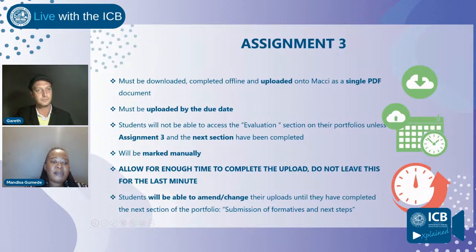So in terms of assignment 3 for RPL learners, this will obviously need to be downloaded, completed offline, and then uploaded onto Mackie as a single PDF document. As you're going through Mackie, there will be instructions for how to upload the document. This is more of a brief because we have actually covered it in the previous session, sorry. And when you log on and read the instructions on assignment 3, it will also tell you about